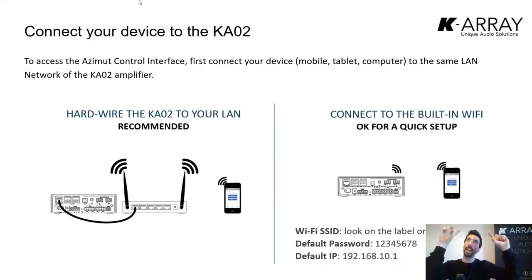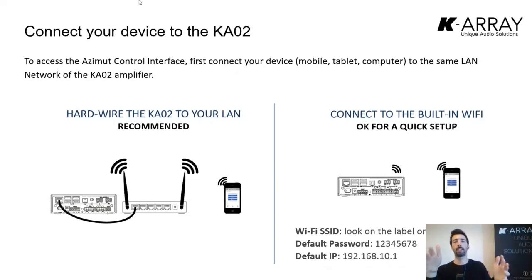Okay, so look at the back of the amp, at the bottom of the amp, and you will find there the name of the Wi-Fi generated by the amp and the password. The default password is always 12345678, and then of course you can change it in the app. That's it. Okay, so use any kind of device you want: phone, tablet, computer, Mac, Windows, name it,